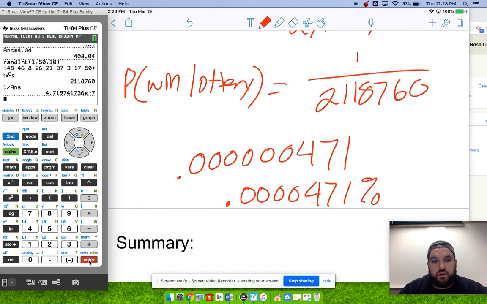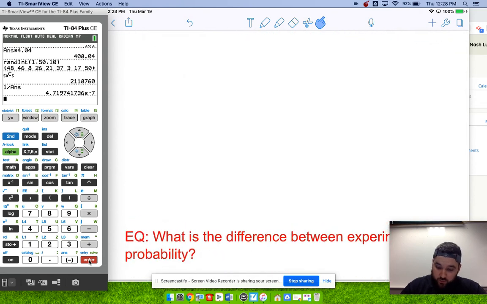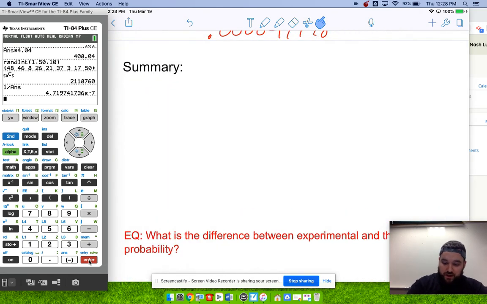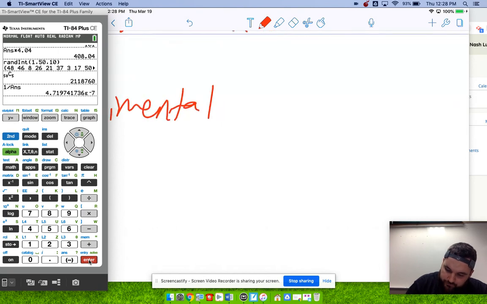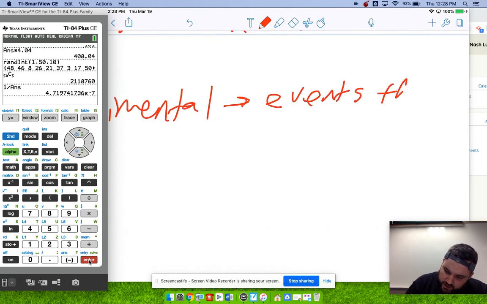In all likelihood, you didn't win, but that is the theoretical probability versus the experimental probability, which again is most likely 0 for each one of you. So to summarize, what is the difference between experimental and theoretical probability? Experimental is something that actually happened. Okay. Events that actually